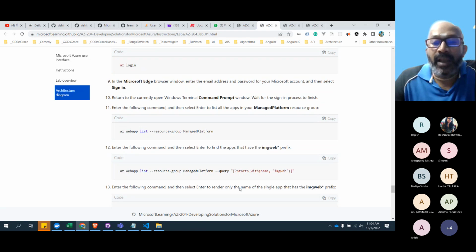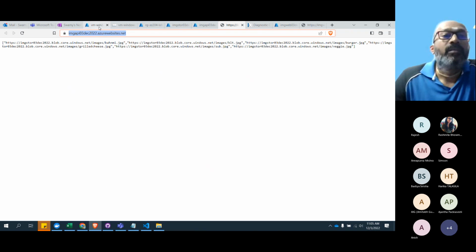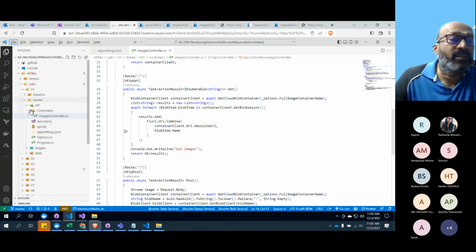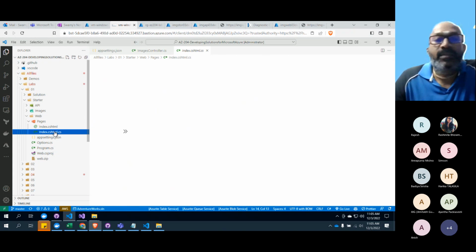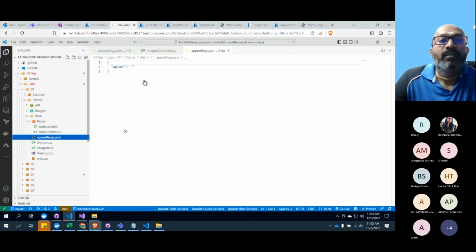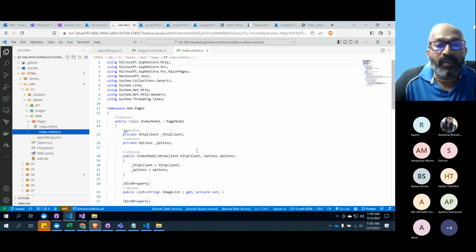How are they accessing this? Let's see that. Because if we save this with the trailing slash, and the trailing slash is also prefixed in the web app, then we are gone. So let's look in the pages. Here also they created it in the index. That's the API URL, and in the index, that's coming through the options.